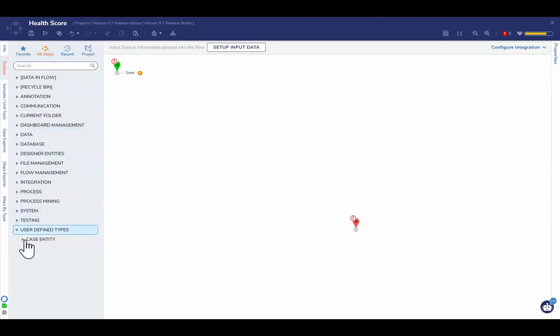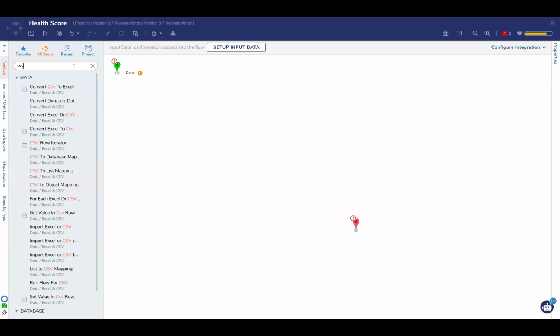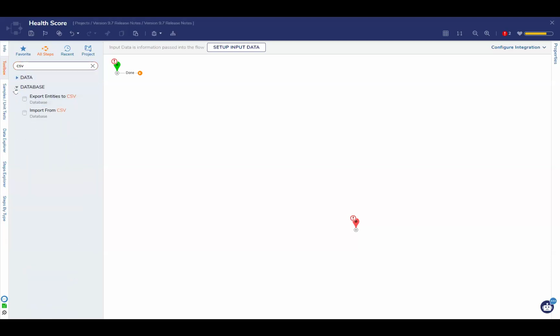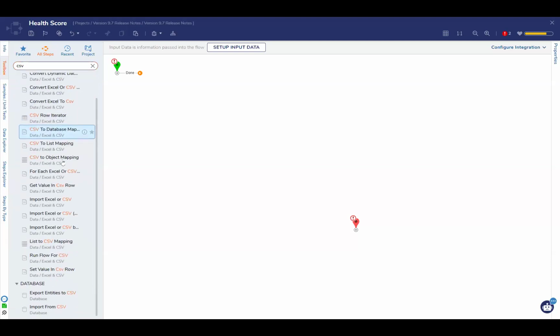That's the same for any way that you organize it. These user-defined types will only show you what you actually have, not the full gamut of what was there before. The toolbox search function has been strengthened quite a bit. It's a lot more relevant stuff up top, and it's sorted by type. So when I type in CSV, it'll say data or database stuff,